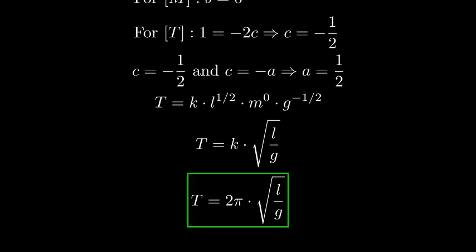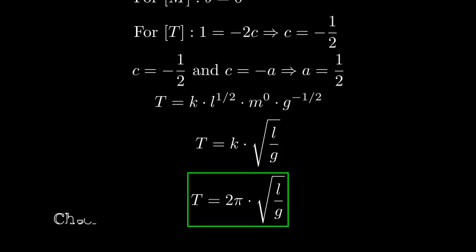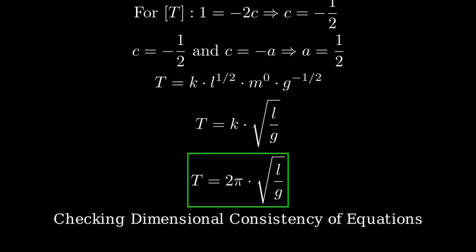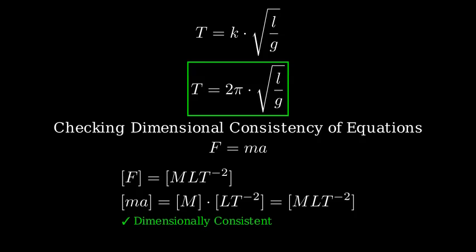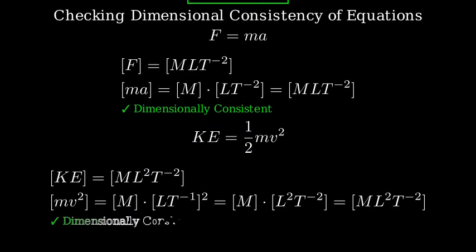Now, let's see how to check the dimensional consistency of some common physics equations. First, let's consider Newton's second law, F = ma. Dimensionally, F = MLT^-2, and ma = M * LT^-2 = MLT^-2. Since the dimensions match, the equation is dimensionally consistent. Now, let's check the formula for kinetic energy. KE = 1/2 mv^2. Dimensionally,